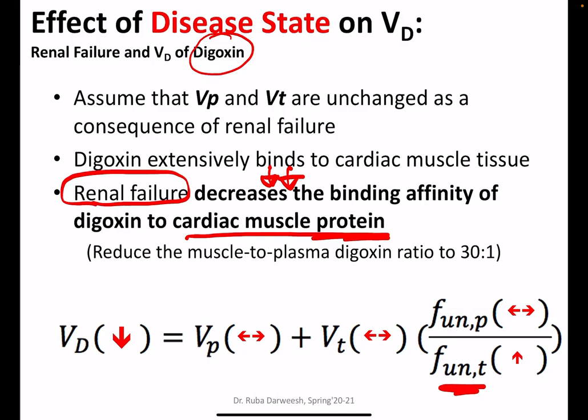So it's a conceptual way of looking at the total, apparent volume distribution, taking into consideration different factors that we were not talking about before, because we were not considering the protein binding before. I'll stop here and I will continue in the next